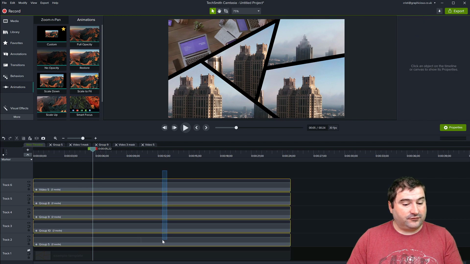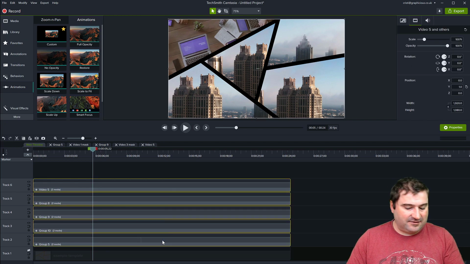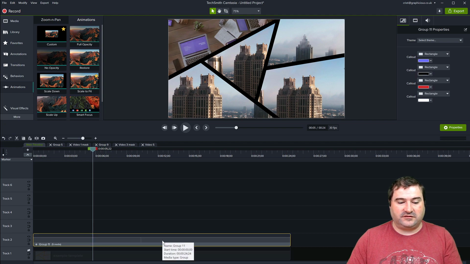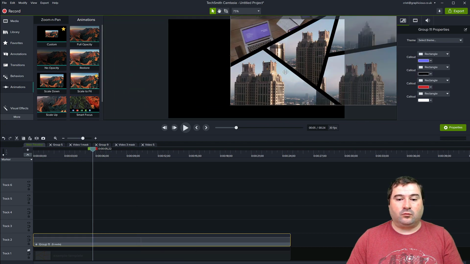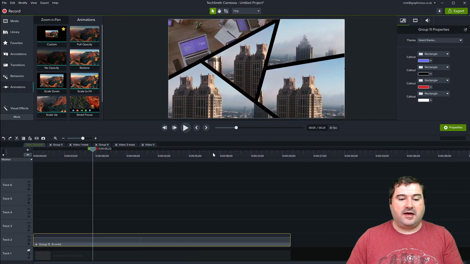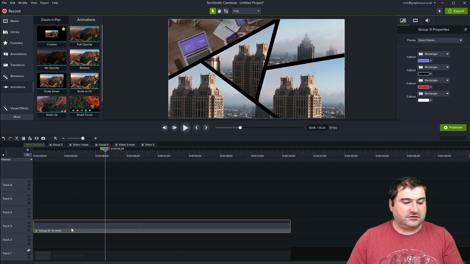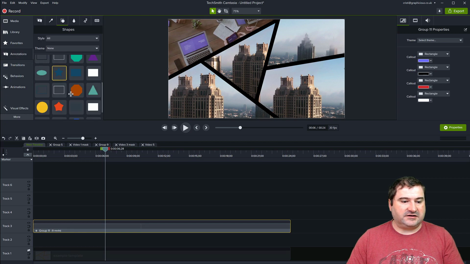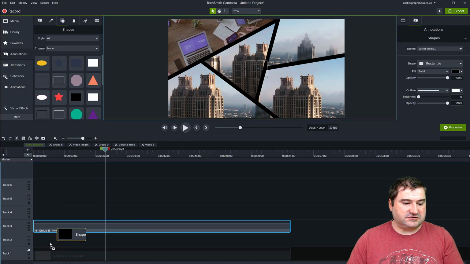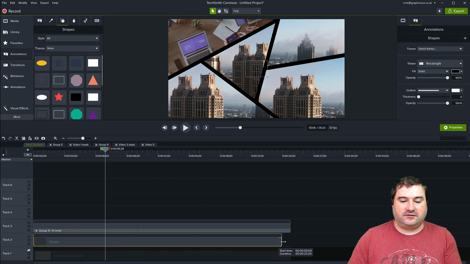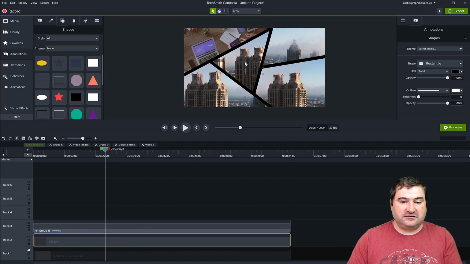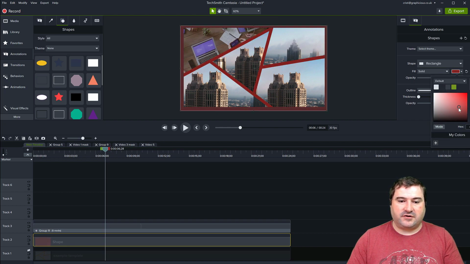Again, you can feel free to select all of them and group them together again. So look, I group everything together now. So everything is one single clip, right? Everything still plays just fine. All of the effect is kept together like this. But if you want the background to be different, you just move this up and go to annotations and use the rectangle annotation. Just drag it in here, expand it for the entire duration, resize it. You can zoom out and resize that. Make sure it's below your effect, of course, and just change the color right there.